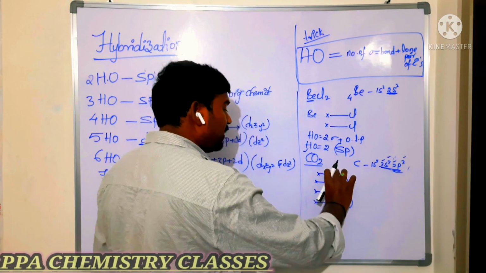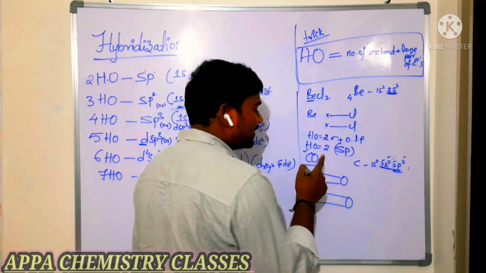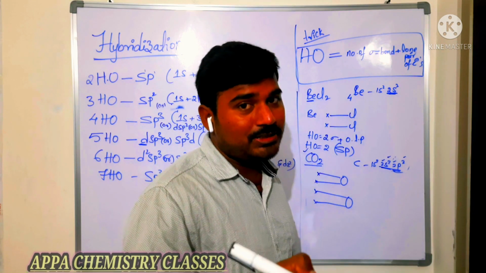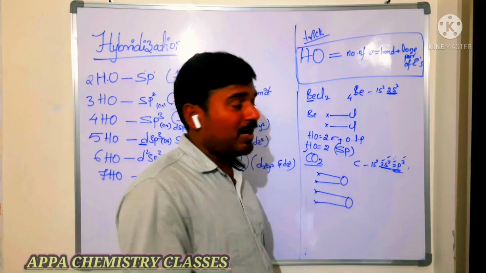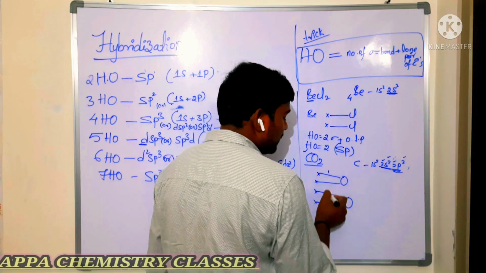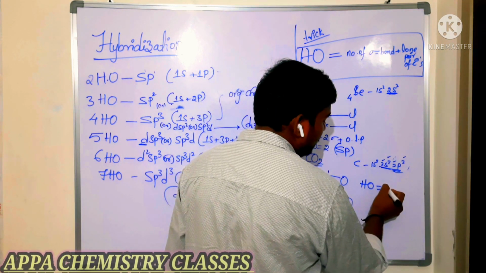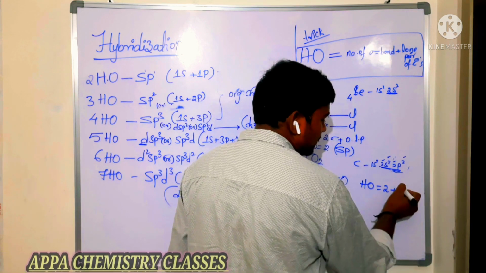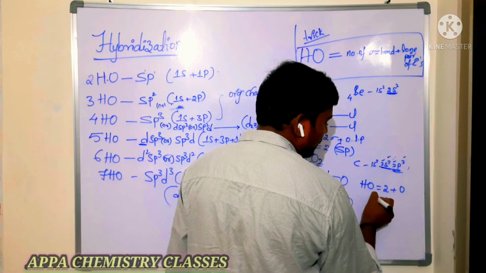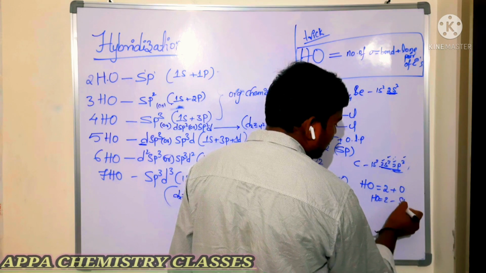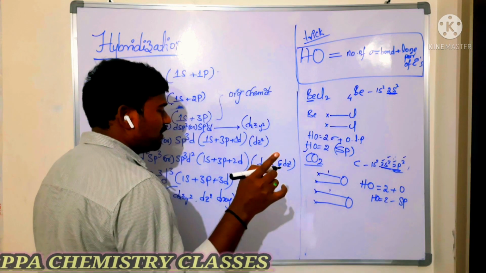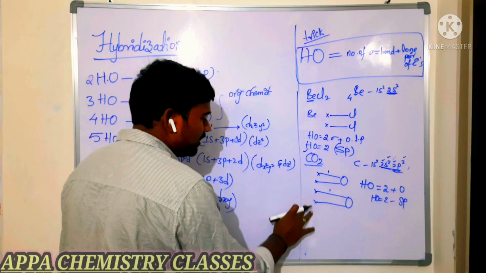Now here in a double bond, one will be a sigma bond. That sigma bond is formed by hybridization. Pi bonds are not formed by hybridization. So here one sigma, here one sigma. So the total number of hybrid orbitals is how many? 2 sigma plus 0 lone pair, that is 2 hybrid orbitals. So which hybridization? sp. One more example I will tell you, then we will go to the geometries of molecules.